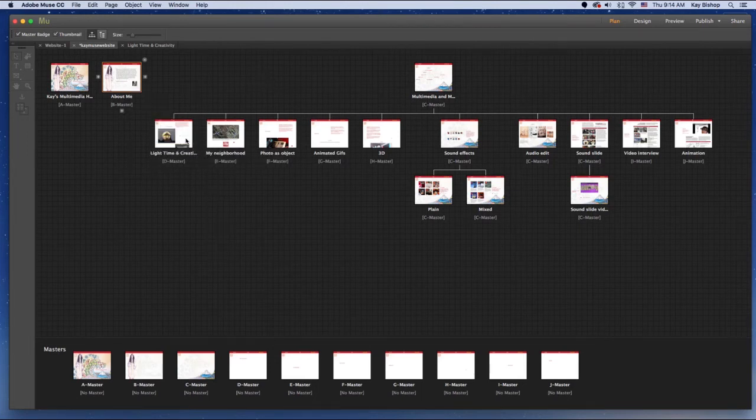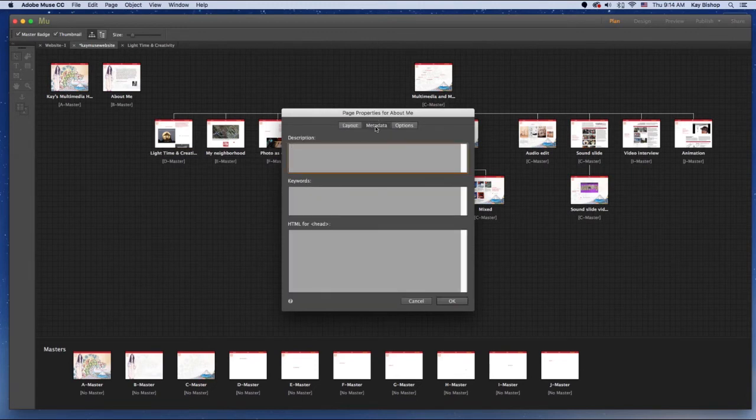I'm going to go back to Page Properties and select Metadata. Now this is important for search engine optimization, or SEO. And if you add specific descriptions and keywords, then it will help the search engines to find your particular page using the keywords that you input here. It has to be within 160 characters. They should be unique and specific facts about your content on your web page, and it should be easy to read. So I may put in a description here of educational